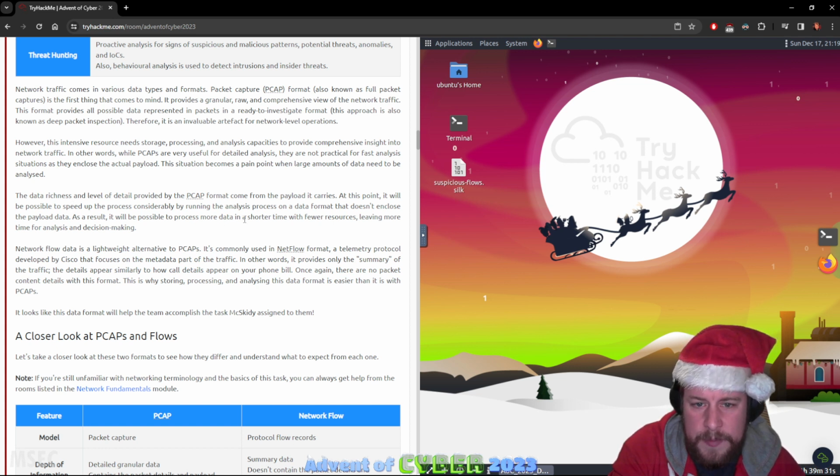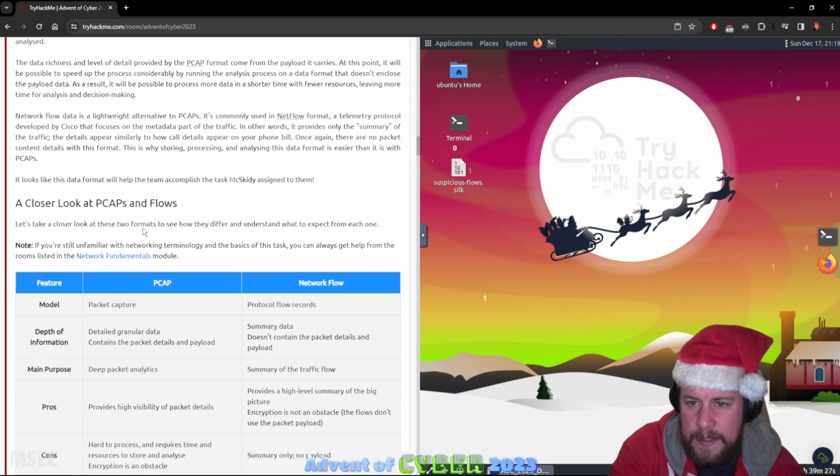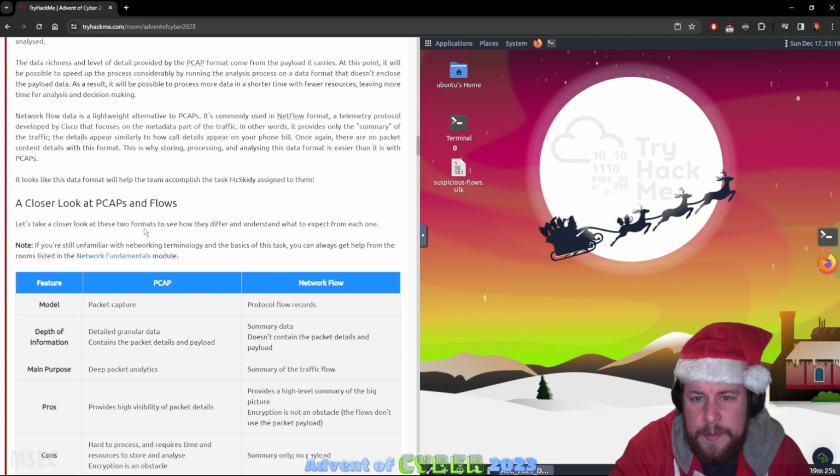This situation becomes a pain point with large amounts of data that needs to be analysed. The data richness and level of detail provided by the PCAP format comes from the payload that it carries. At this point, it will be possible to speed up the process considerably by running the analysis on a data format that doesn't enclose the payload data. As a result, it's possible to process more data in a shorter time with fewer resources, leaving more time for